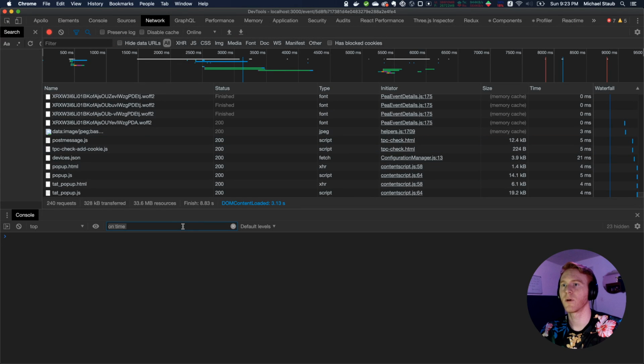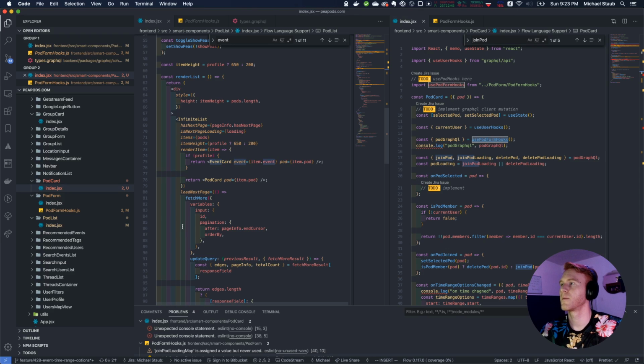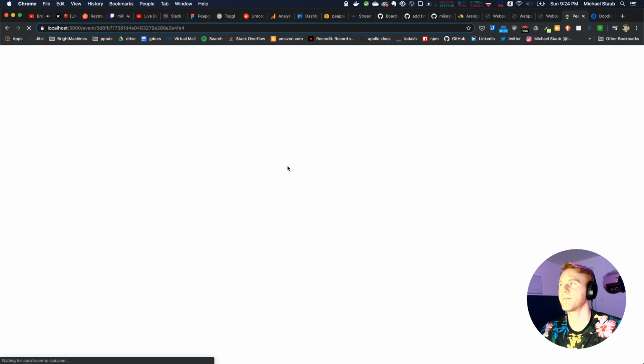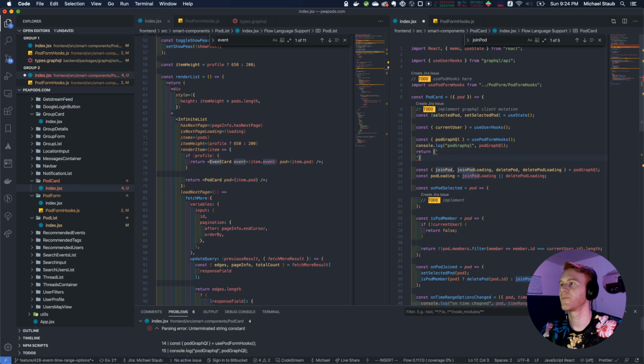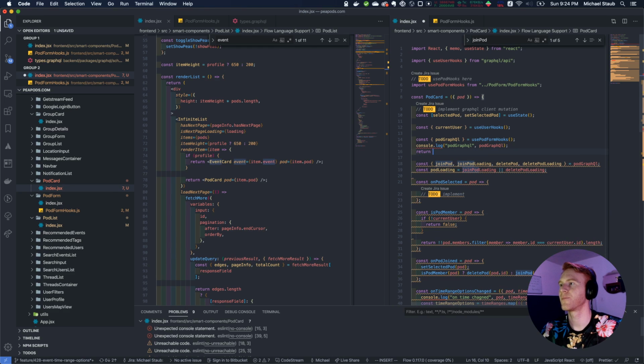So we're looking for pod GraphQL. It's not even loading. We really broke it, huh? We really broke it. All right, well that's not good. I just want to see what this is. I have a feeling